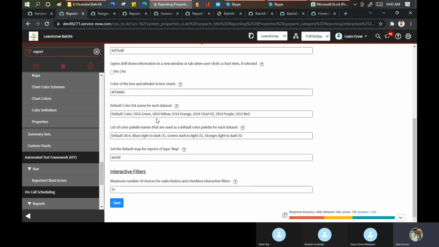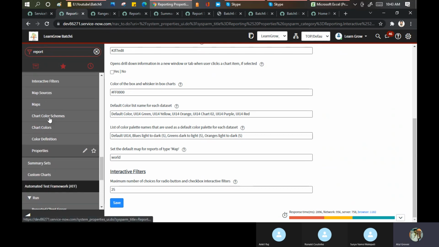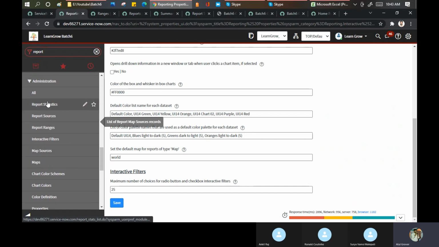Okay, this is a homework I can give you. It is available, that I know, but I'm not getting the option. Where to get an option to increase the download limit in ServiceNow? Up to 1 lakh records you can download, but ServiceNow does not recommend more than 10,000. Okay, but it is available in system property which you can go. So I'll come here quickly on the statics.